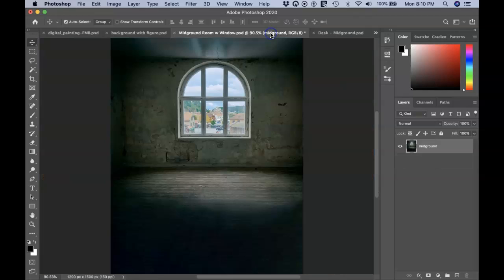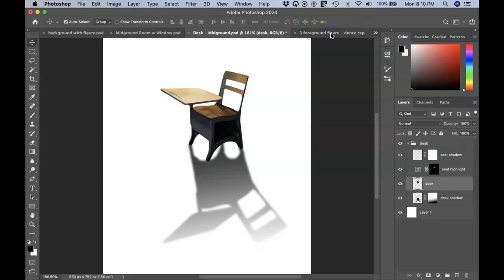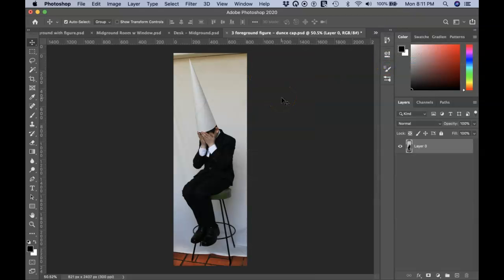So here's the interior room. We're going to cut the window panes out of this, so to speak, so we can see the figure through that. Here's the desk. I'm going to show you how to create that shadow to help composite it into the room a little better. And then finally, there's the foreground figure here that we're going to select and place. Okay, so